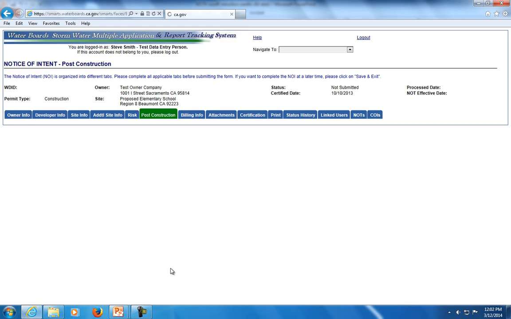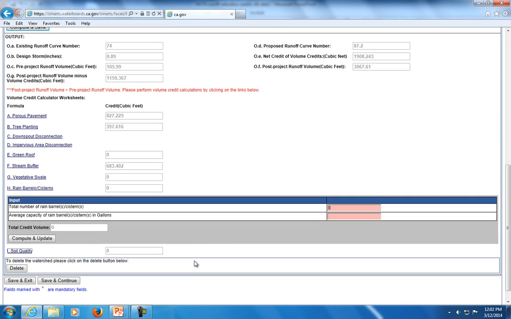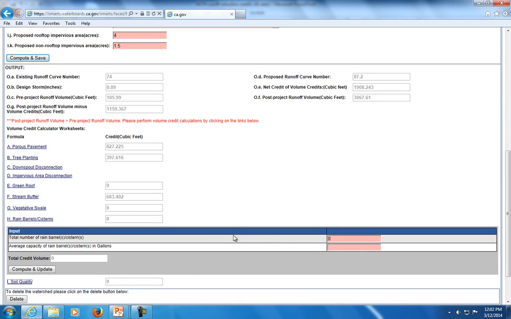Rain barrels and cisterns. This is a pretty straightforward one. I don't think we're going to take this one, but I'll show you how the credit works. It asks you the total number of rain barrels or cisterns. Let's say we're going to use 10. Average capacity of rain barrels and cisterns in gallons. Let's say we're using small little rain barrels near the downspouts, which are basically just going to do localized storage of rainfall. So let's say they're 80 gallons or so. So what that does is that's going to